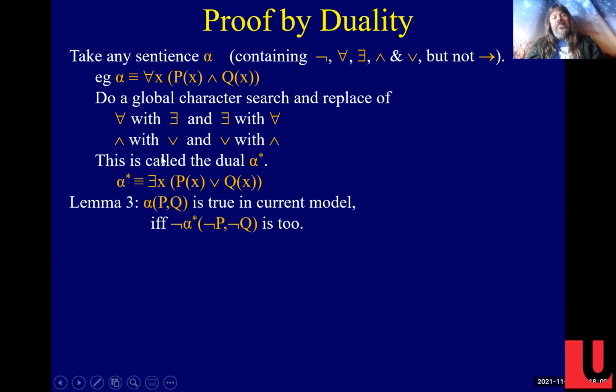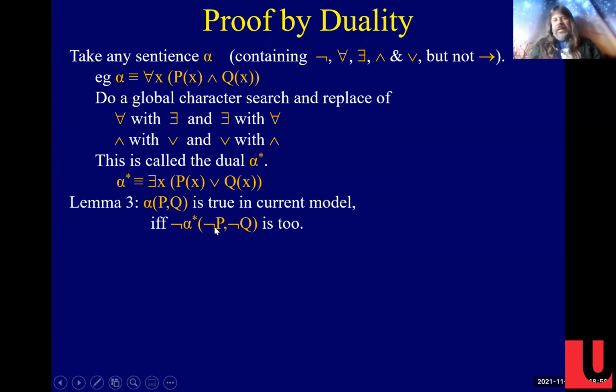All right, so here's another theorem. Suppose alpha has some variables P and Q, and now we're talking about a particular model. Suppose you have some particular model, and alpha(P, Q) is true. Then it follows that this weird thing, remember Conrad was wanting to take negations, but we're going to take negations of everything. We're going to take the dual, and then we're going to take the negation of P inside